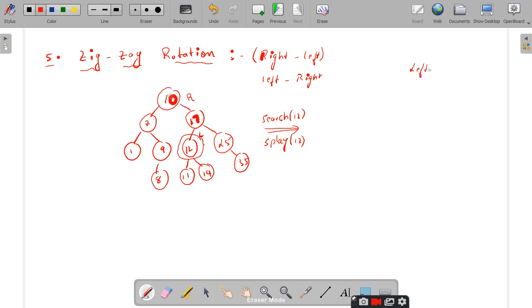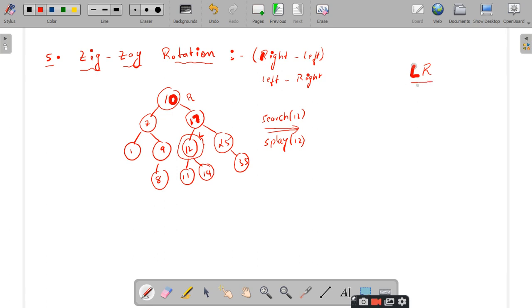So don't get confused, this is a case of LR, right? Remember, this is an asymmetric relation. It's not LL.